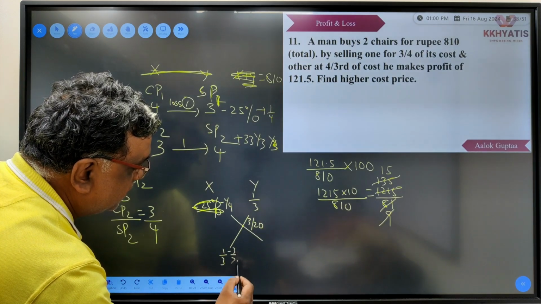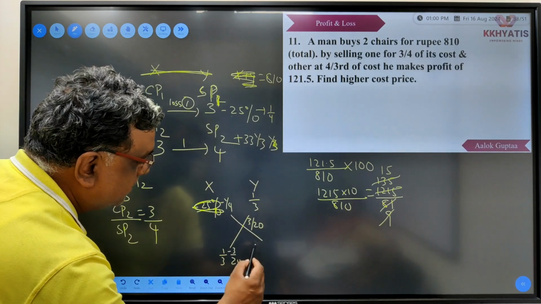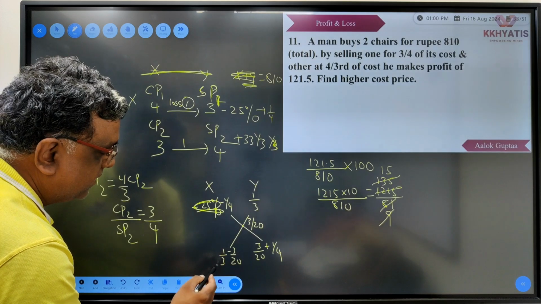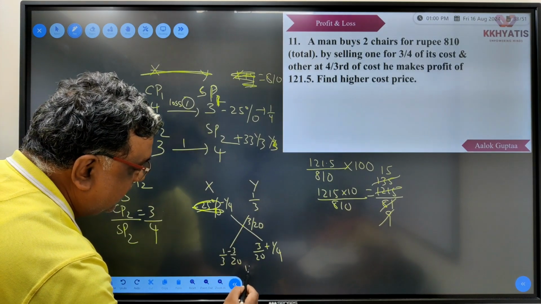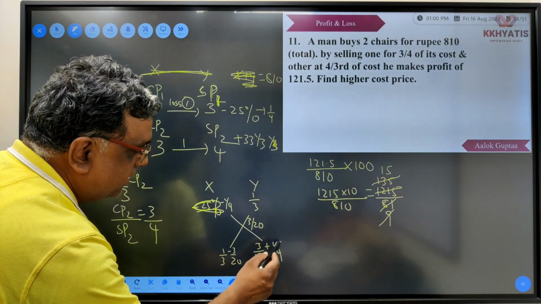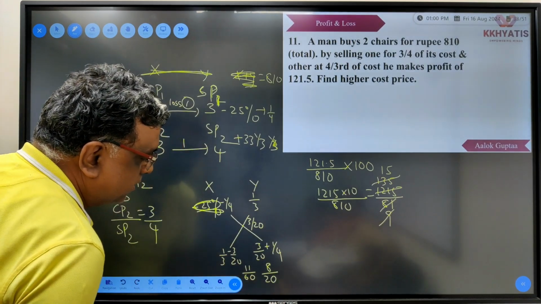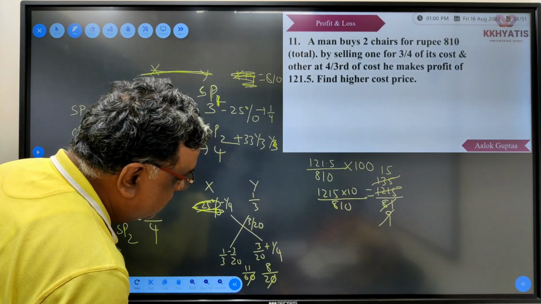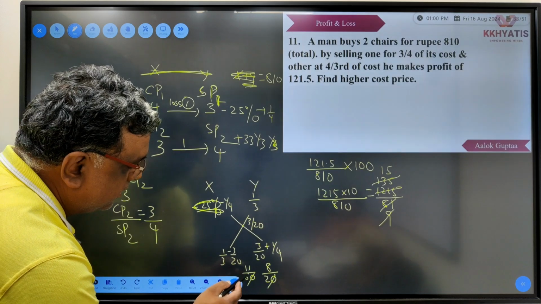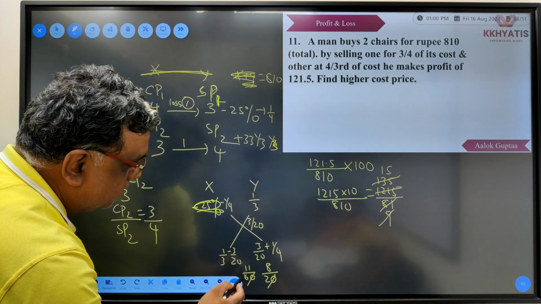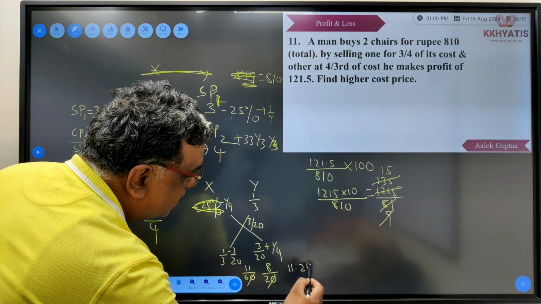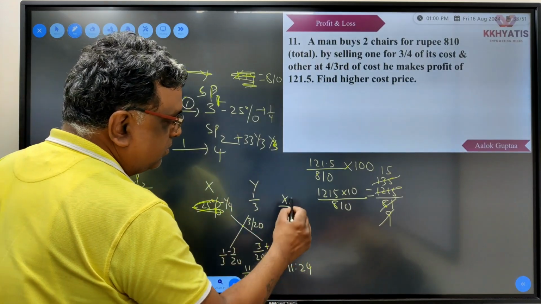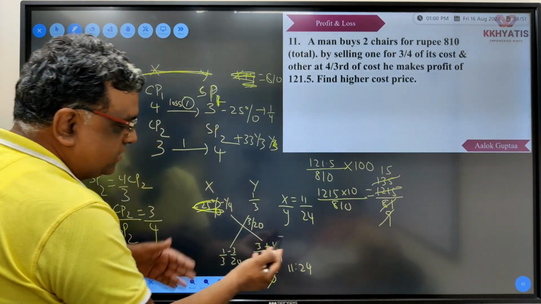1/3 minus 3/20 is the difference between these two prices, and here 3/20 plus 1/4. So this will be 20 minus 9, 11 upon 60, and this will be 8 upon 20. So I'll just cancel this 0. Let's calculate the ratio. So this will be 11 is to 24. So the ratio of X upon Y, the cost ratio, is equal to 11 upon 24, the difference between the